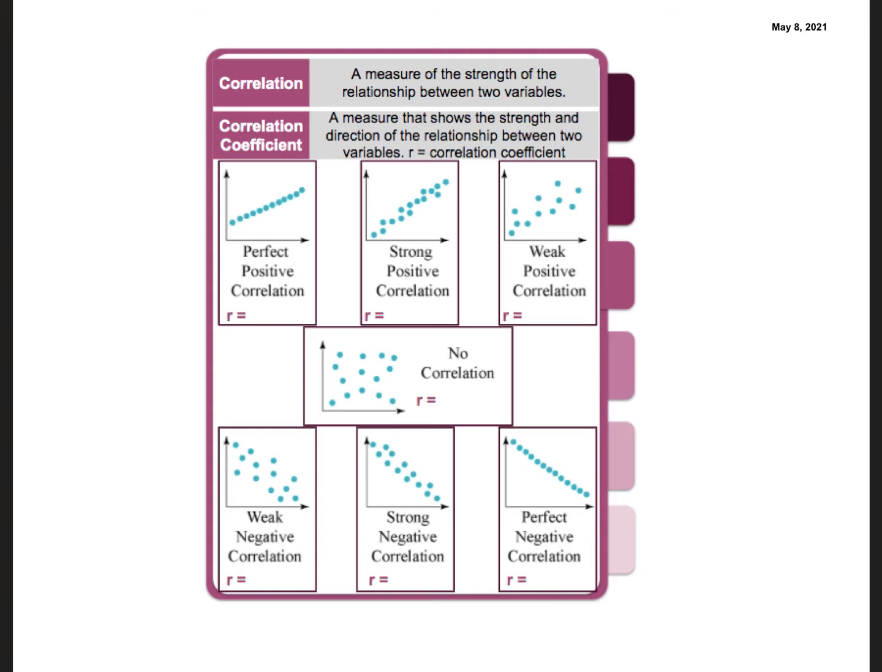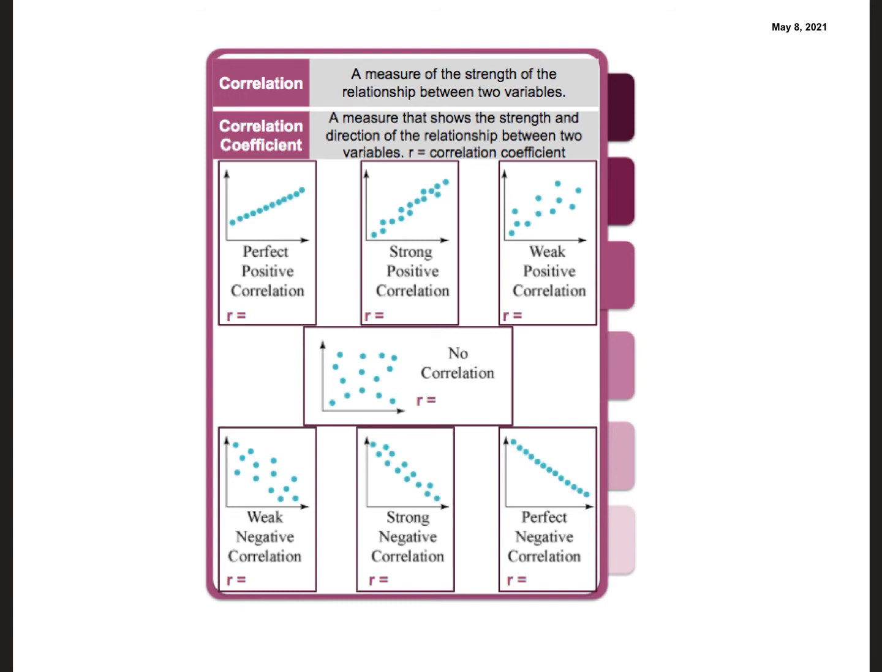The correlation coefficient is a measure that shows the strength and direction of the relationship between two variables. So do the two things have a positive relationship? Does one help the other? Is it negative? Does one bring the other down? That sort of thing. We use the letter R to represent our correlation coefficient, and we're going to talk about